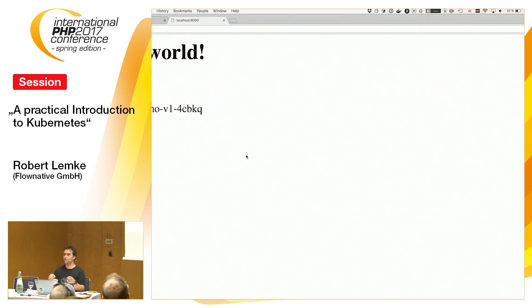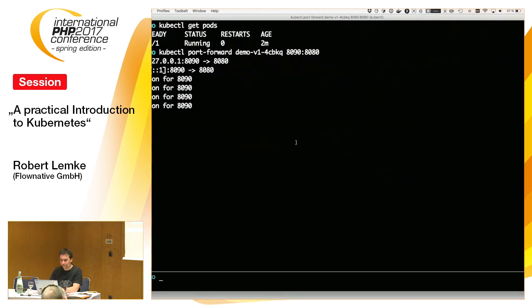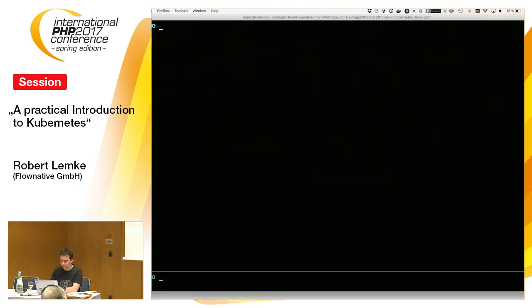And just think about that for a second. You have a cluster with hundreds of nodes and whatever, and if you only know the pod name, you can actually forward that traffic to your machine through a secure channel without having to actually log in somewhere or so. So this is a really nice way to debug things. I think probably it's not allowed or whatever, but it's really nice. In practice, it pays off. Okay, let's stop that again.